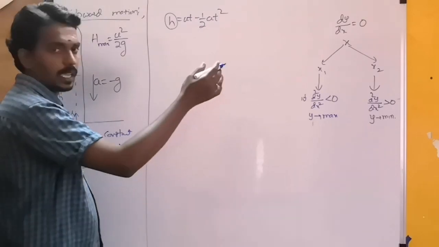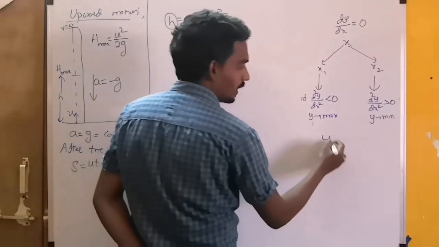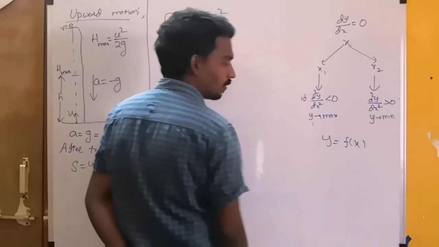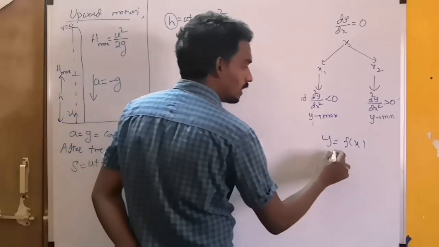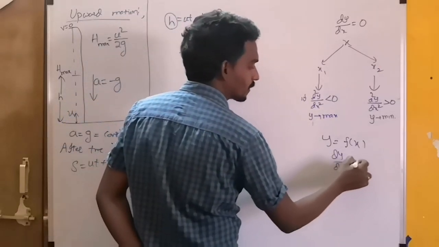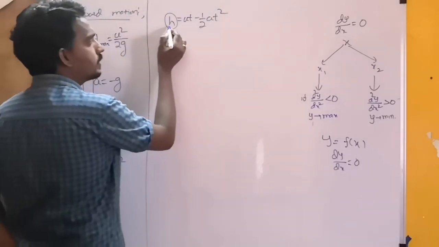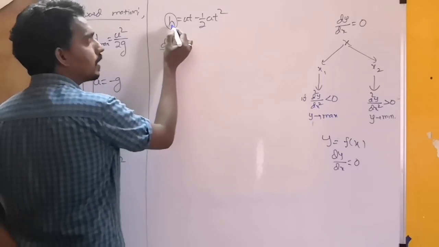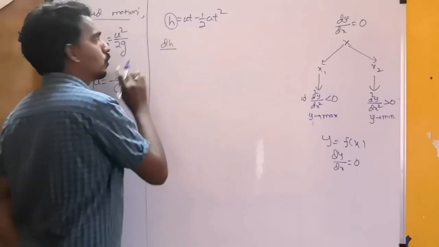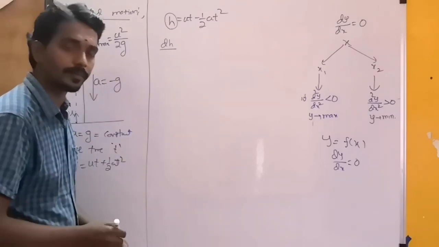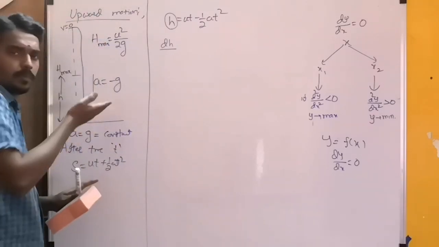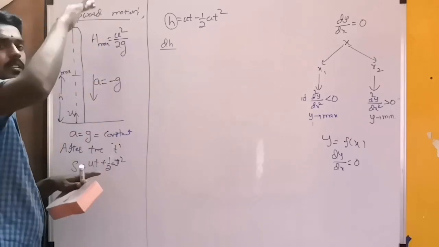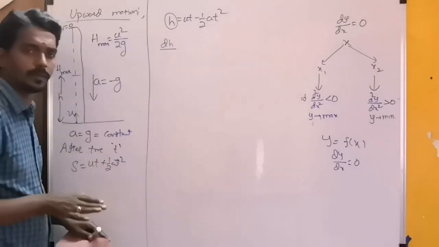Now, same as we have seen last class, y depends on x, y is a function of x. Then what have we taken? First, dy by dx should become 0. Same here, h is a function of t. Then, to get maximum or minimum, here only maximum, no question of minimum. Why? Because you are throwing up, so the height slowly increases, because it is already starting from the minimum.